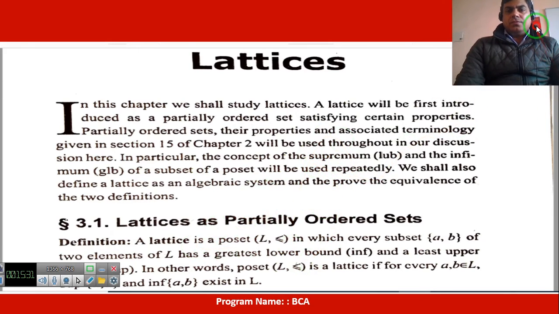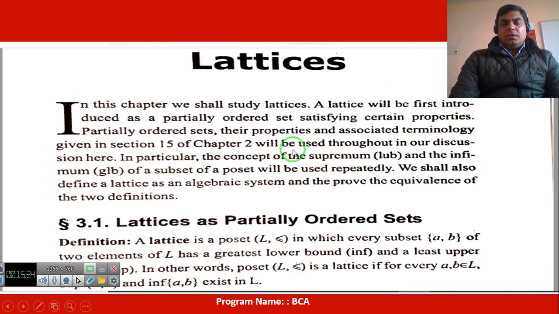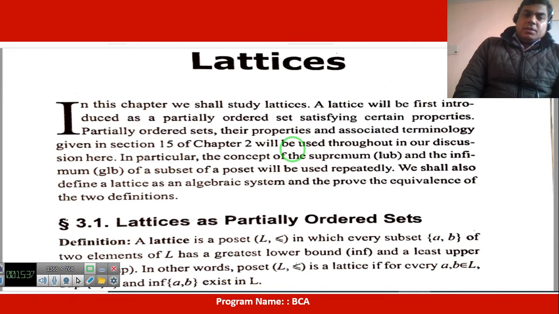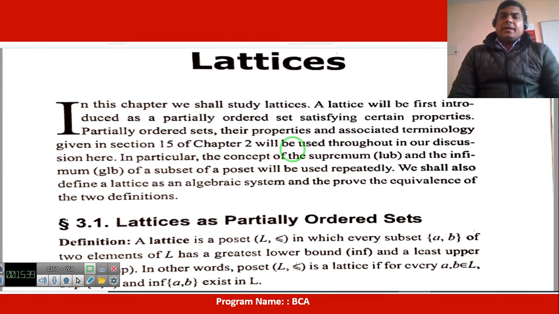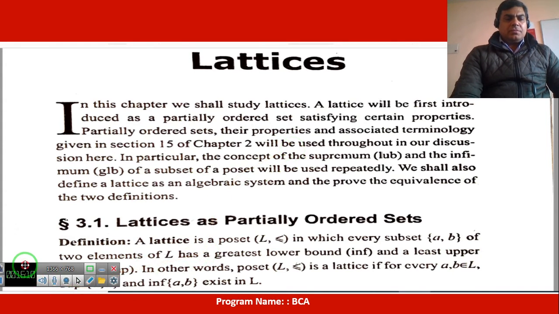Now in this PPT we will learn about the lattice. Actually, lattice is a property of the Hasse diagram. If in the Hasse diagram we have an infimum and supremum element, meaning the greatest lower bound and least upper bound, meaning a highest unique and lowest unique element in the graph, then this Hasse diagram is known as a lattice.